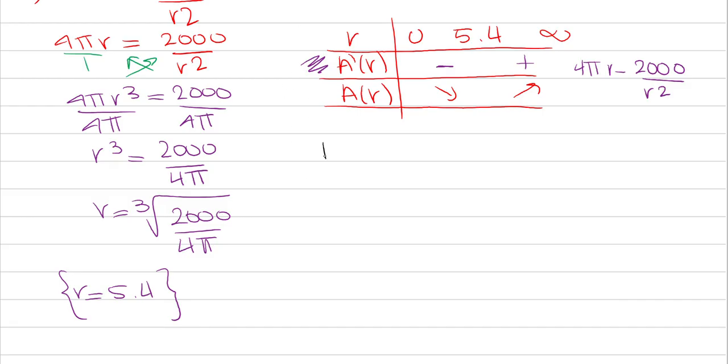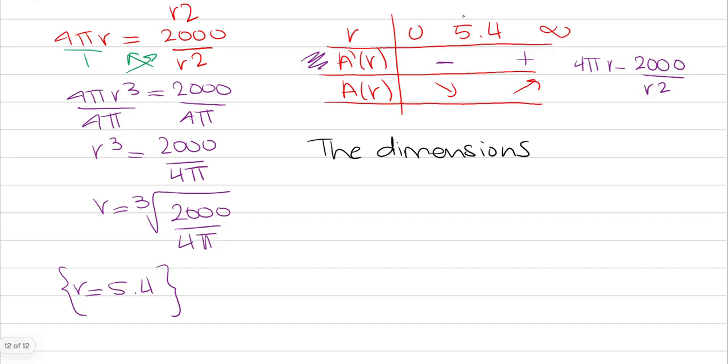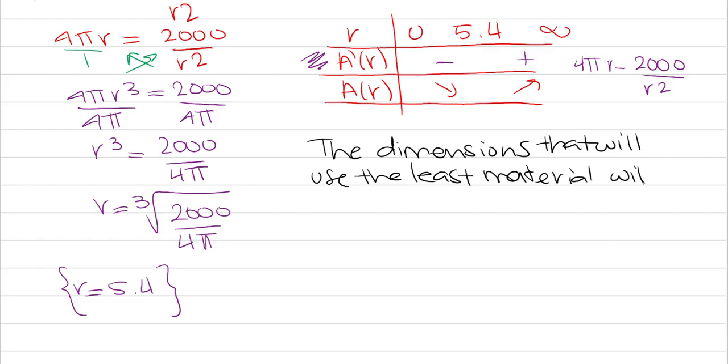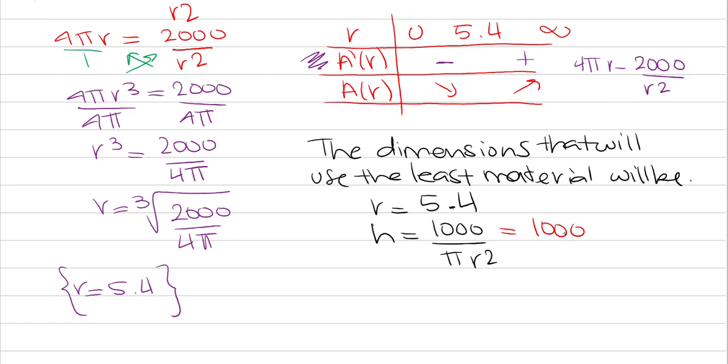We're going to say the dimensions that will use the least material will be, I'm going to take my radius r, which is 5.4, and then I'm going to take my height, which we found to be 1000 over pi r squared, and I'm going to substitute my 5.4 into the equation, so 1000 over pi times 5.4 all squared,